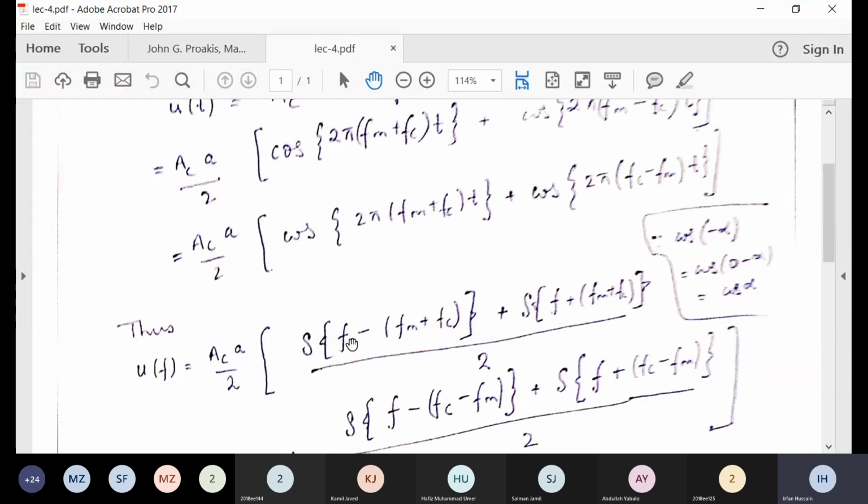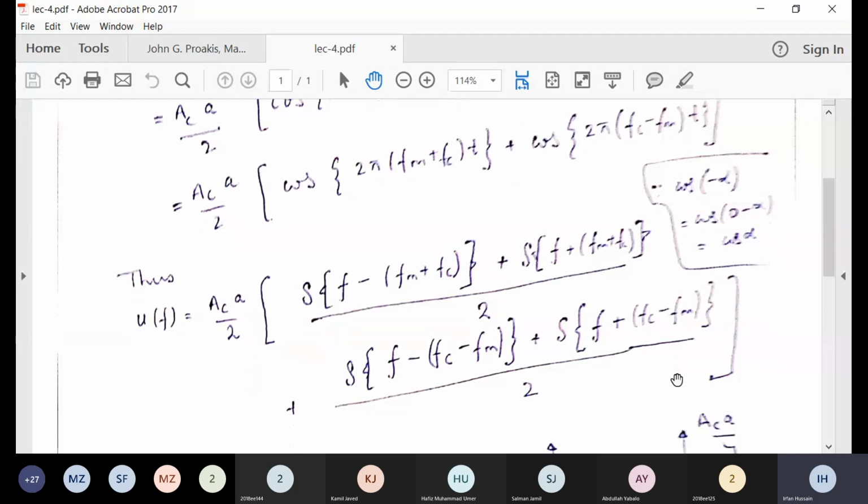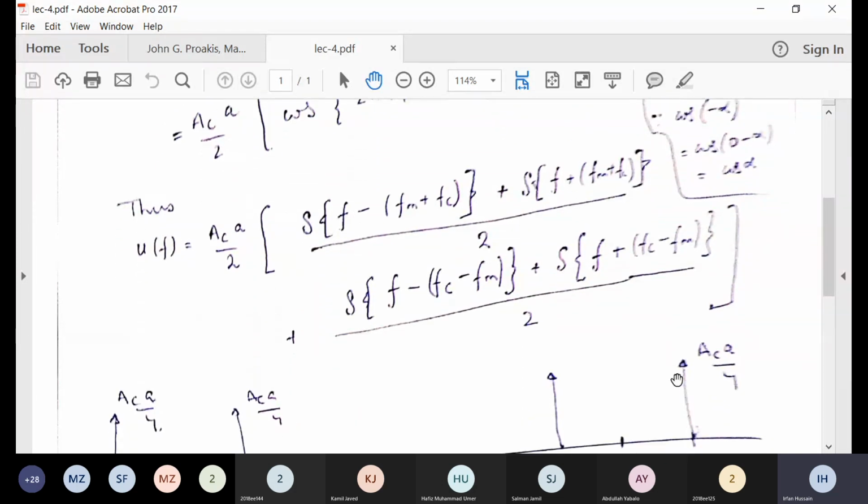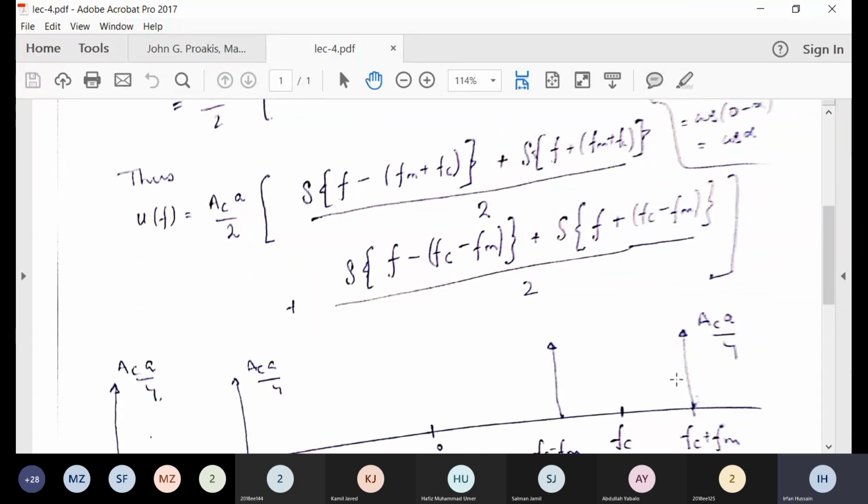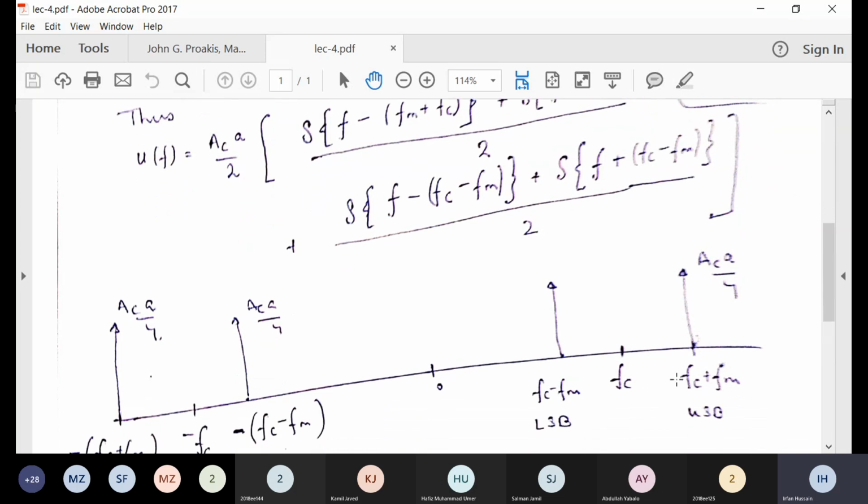The Fourier transform of this thing is an impulse at f minus fm plus fc, and then at f plus fm plus fc. Similarly, for this, it will be f minus fc minus fm, then f plus fc plus fm, as we have seen many times in the representation of a cosine. So we have four impulses, and if I draw them,